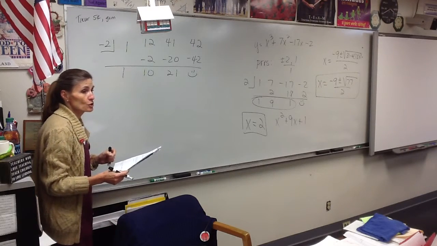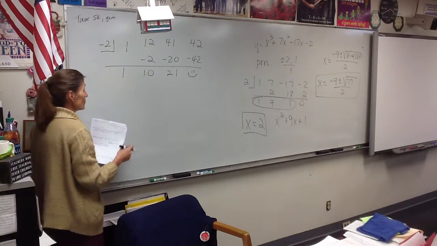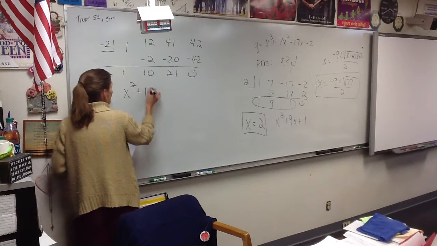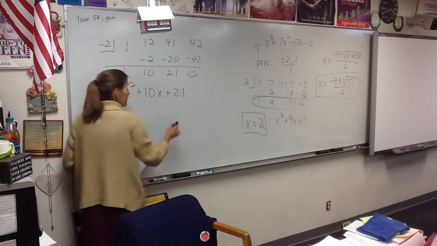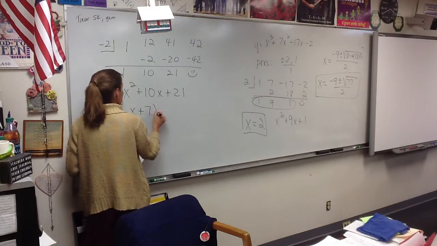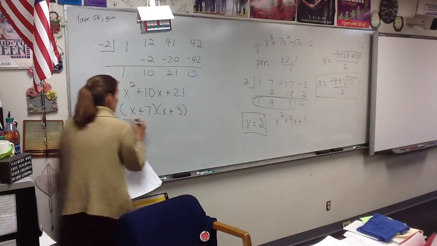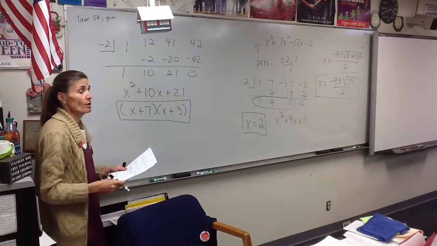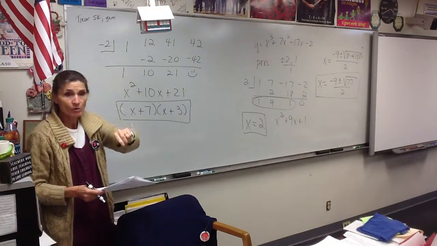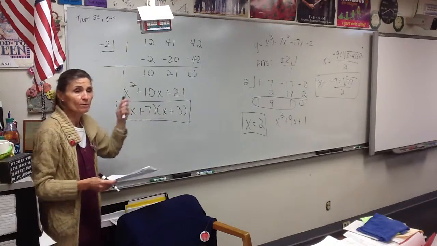Alright, so here we go. What do I do next? X squared plus 10x plus 21. This one does factor. X plus 7, x plus 3. And that is actually the answer, because the question says find the other factors. So those are factors. Chandler? So we wouldn't